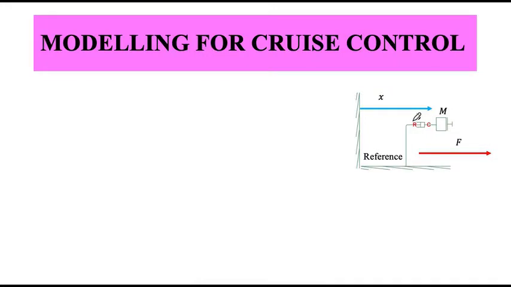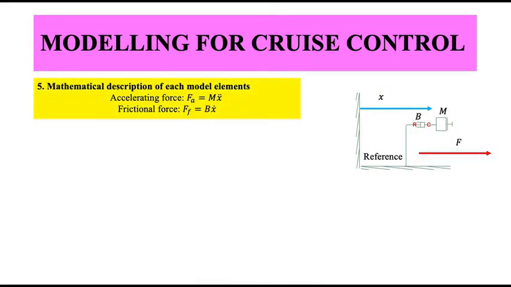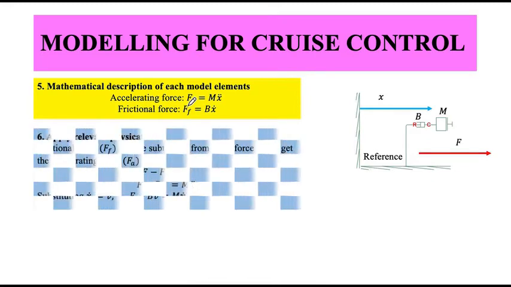So we have this car model as mass m, and friction between the car and the surface on which it is moving on the road is modeled as a damper with the variable b. So there are two elements here. One is the inertia element, which is modeled as F equals m times the double differentiation of displacement, as we did in the previous lecture, and the frictional force would be related to velocity via damping coefficient b.